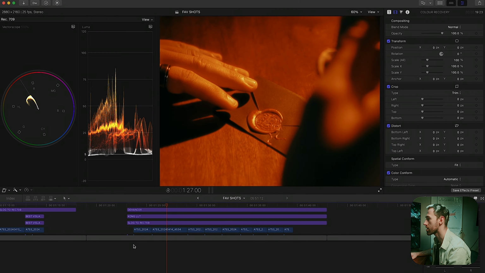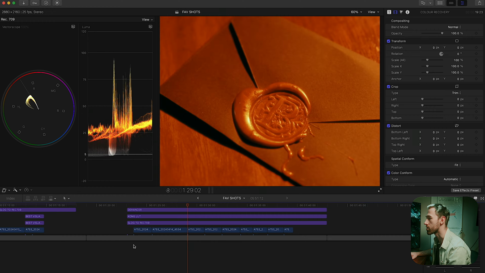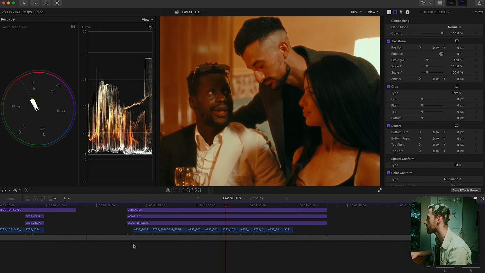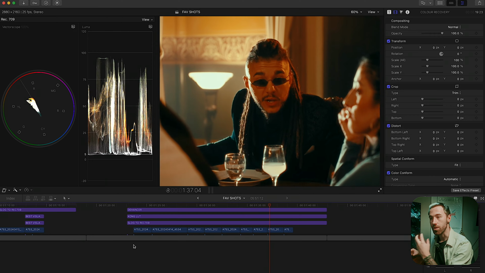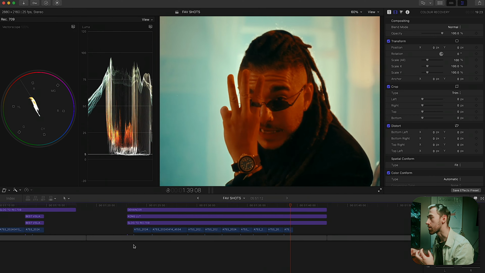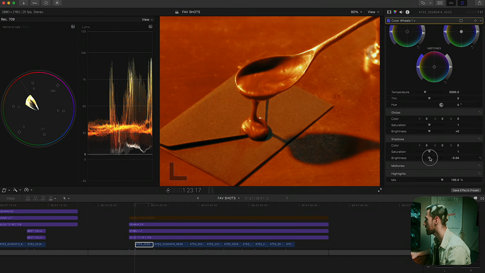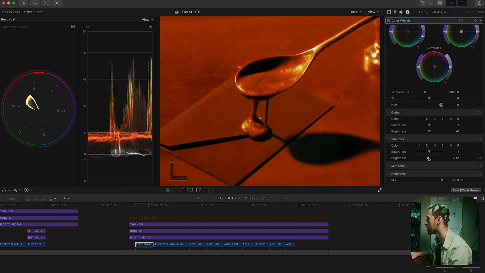You can see technically all of the color is pointed on the skin tone line, and it's making for this really washed out, really monotone kind of look. At the moment, I'm not a fan of that. I like duotones. I like bringing these shots to feel like they're living in the same space as the rest of our color grade. Firstly, I'm just going to bring down our shadows a lot, just so we feel like that shadow should be black,